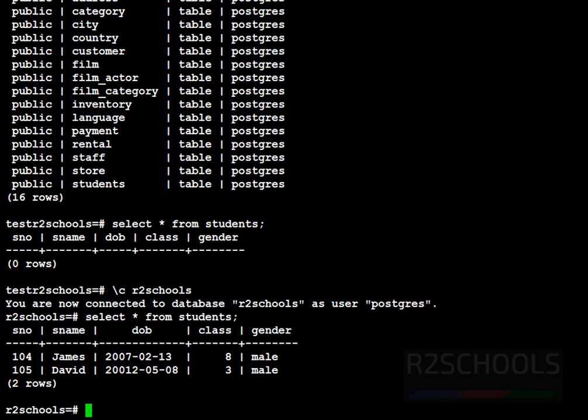So which means we have done the schema only backup and restore in PostgreSQL